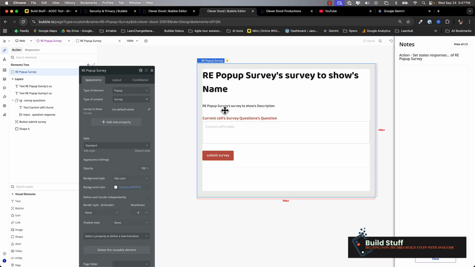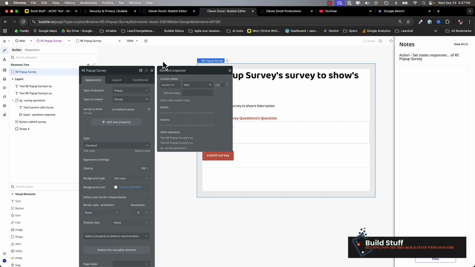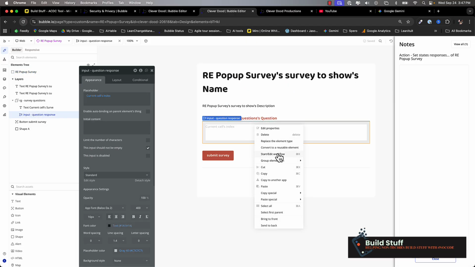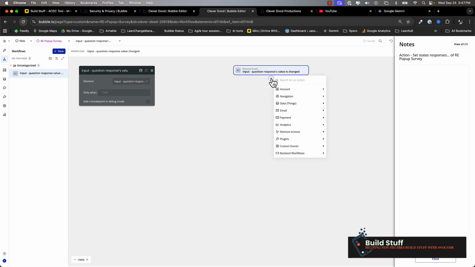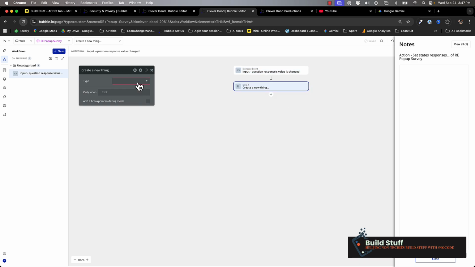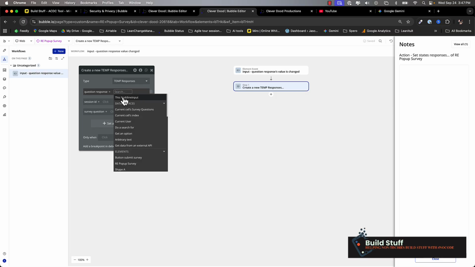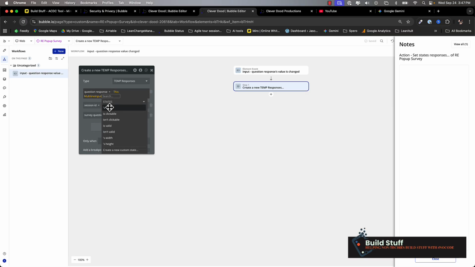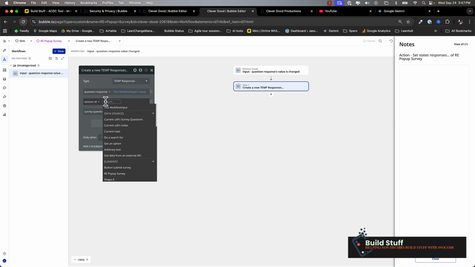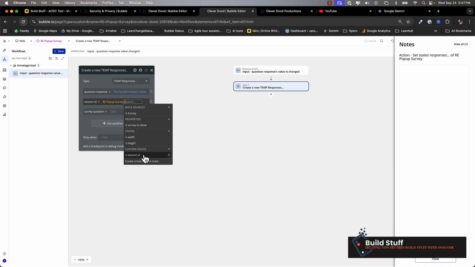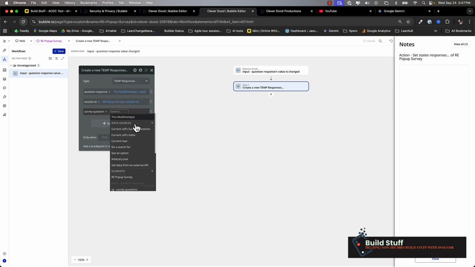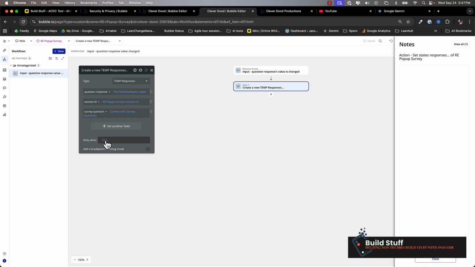So now this will retrieve the session ID, and now I can add the workflow here. When that value is changed, I want to create a new thing, and that new thing is going to be a temporary response. Because I'm doing the action on that input box, I have access to this multi-line input. Session ID is going to be that custom state value, and then the survey question will be the current cell's survey. Now I only want to create that if it doesn't already exist,